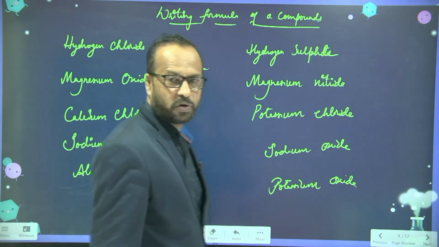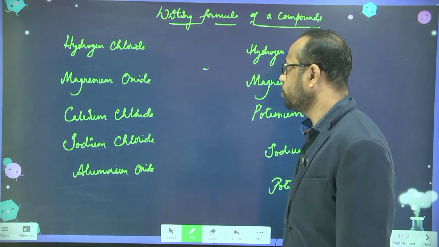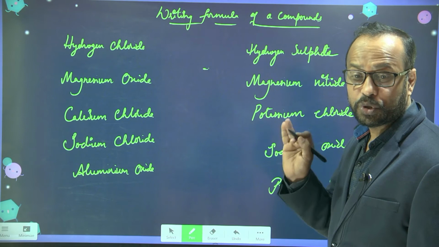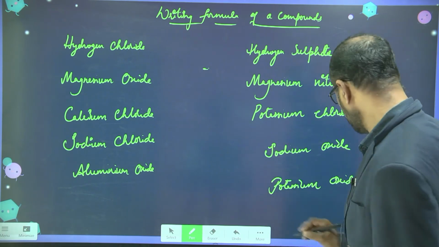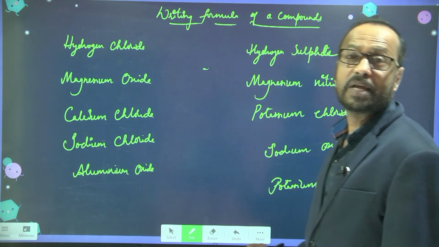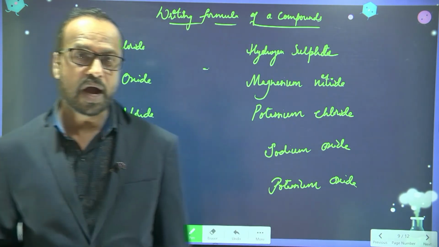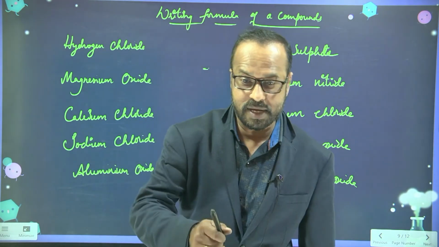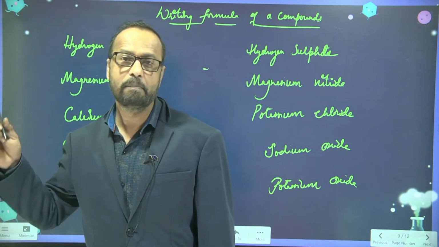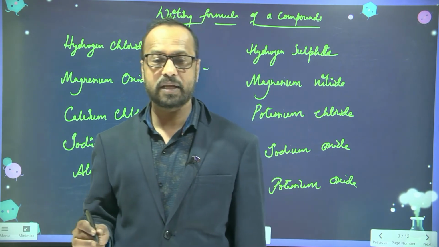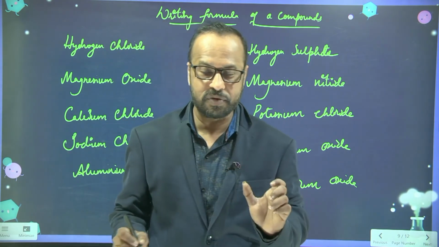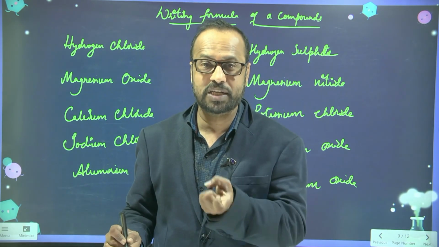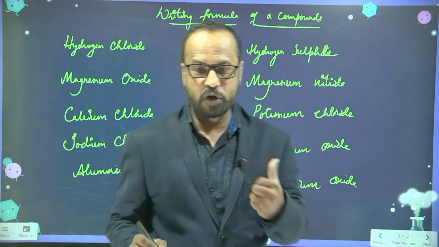So see students, you want to write the formulas. How can you write the formulas for these? I said you should know the valences. Without knowing the valences or the symbols of the elements, you can't write the formula. Chemistry is a study of chemicals, and there are innumerable millions of compounds. In chemistry you express everything in the form of chemical formulas and chemical equations. So it's a very important topic.